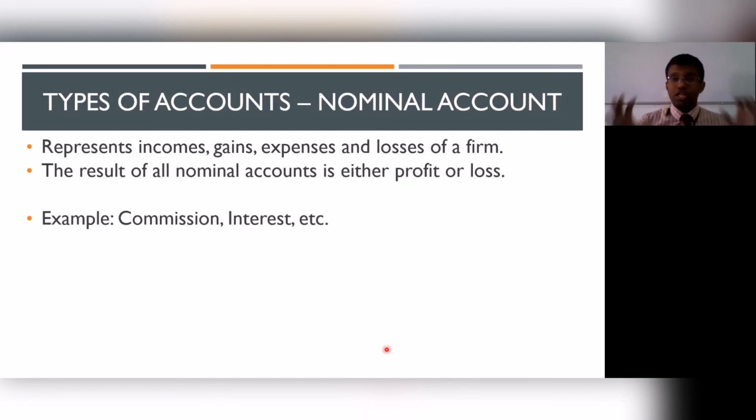So in a nutshell, you have to remember there are three types of accounts the firm can have. You have personal, you have real, you have nominal. Personal accounts are those accounts when it represents an organization or a company, it is said to be personal in nature. When it represents an asset, it is said to be real in nature. When it represents an expense, income, gain, or loss, it is said to be nominal in